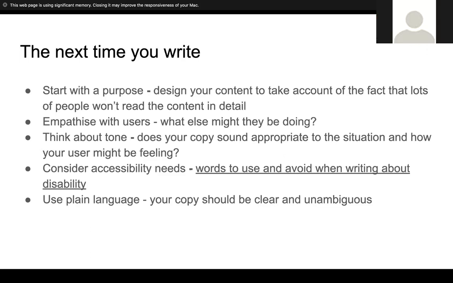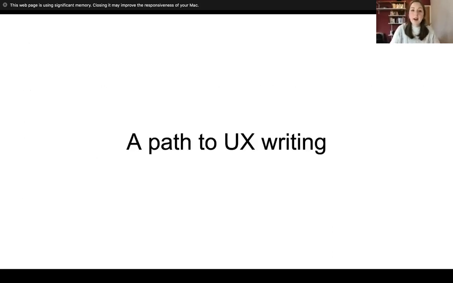Consider accessibility needs. There's a link here to words to use and avoid when writing about disabilities. And again, using plain language should help your content be clear to everybody. That's people with impairments, people who don't have English as their first language as well. It's really helpful for people like that. Okay,